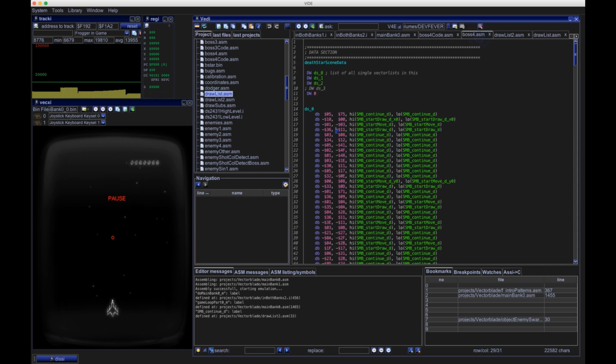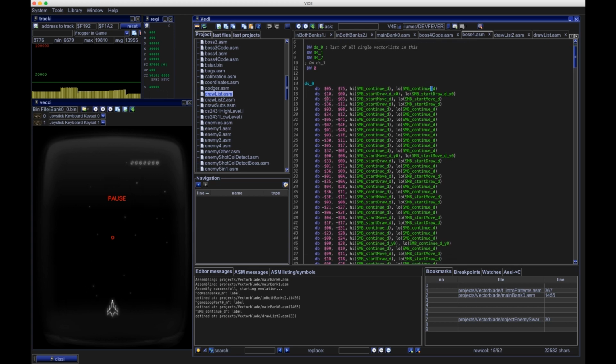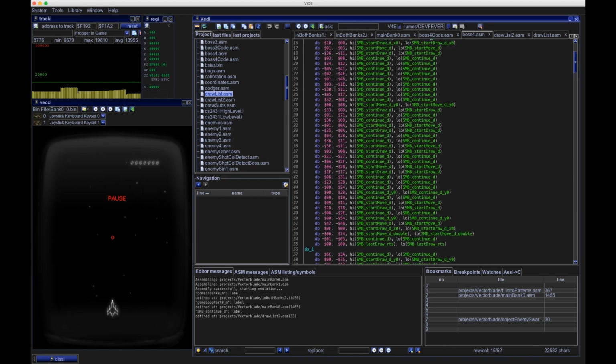So actually what this definition of a vector object is, is a really long user stack pointer, and it's pulled register D and register program counter, one after another, all these vector datas